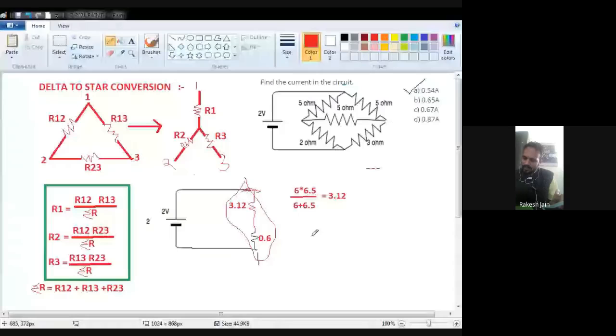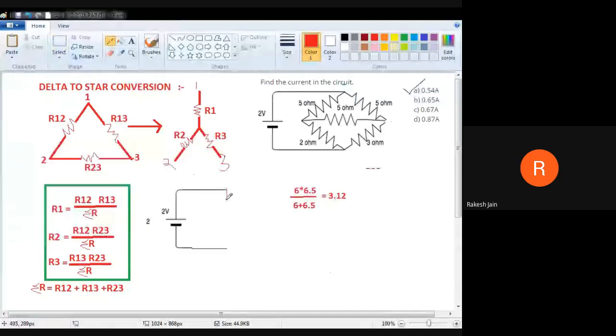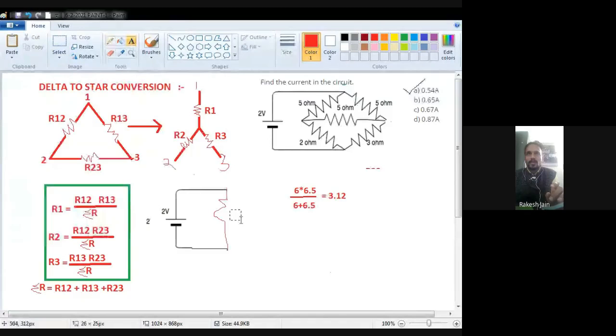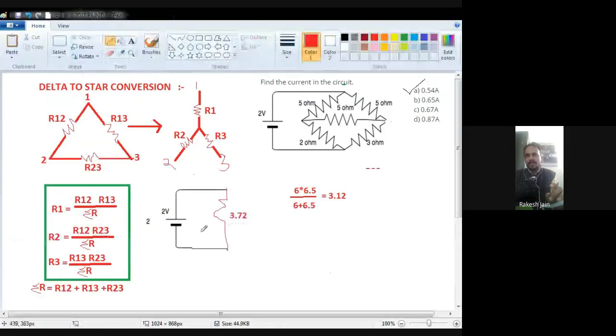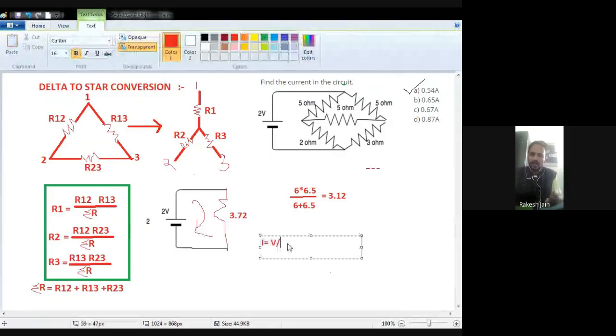Similarly here, this 5 ohm resistance and this 1 ohm resistance both are in series. Don't focus on this 3 word, because this 3 is the node name. Okay, this 5 ohm and 1 ohm resistances are in series, so both add with each other. So instead of these two resistances in between these two nodes, only a single resistance will become, and that is of 6 ohm. 5 plus 1 is 6 ohm.